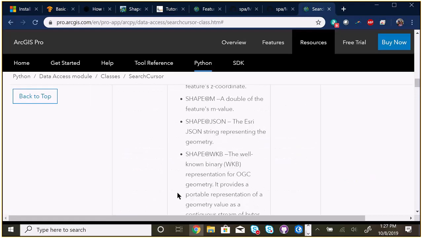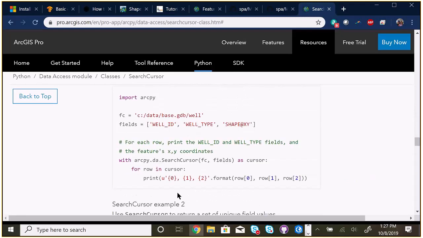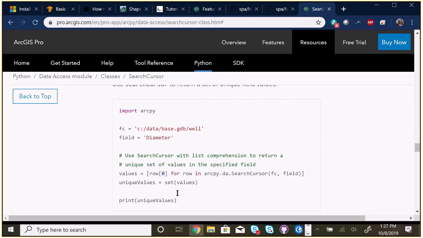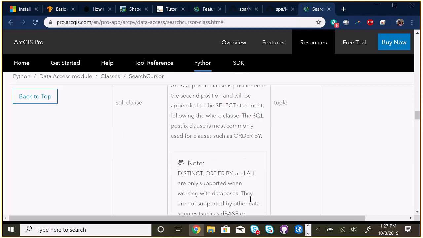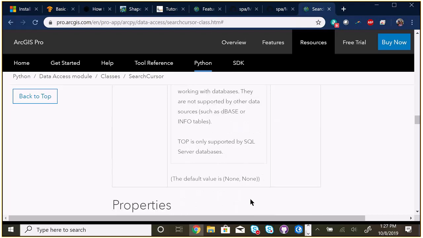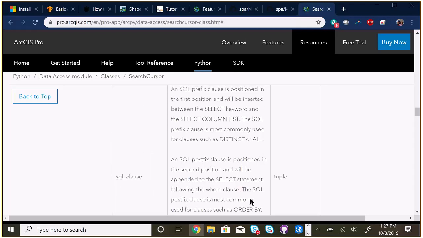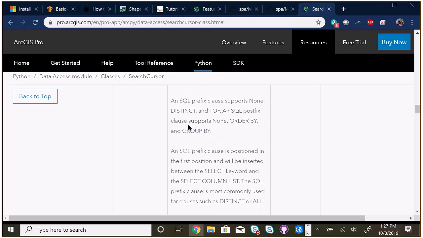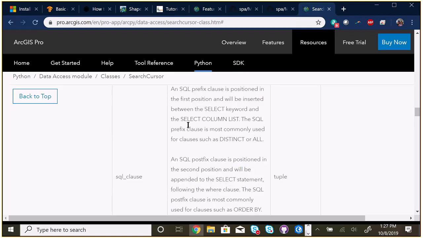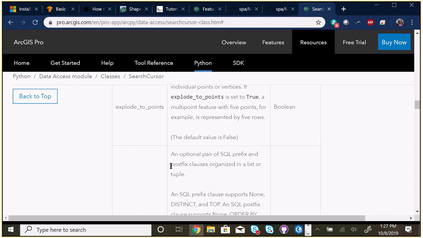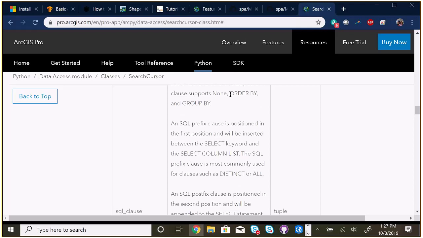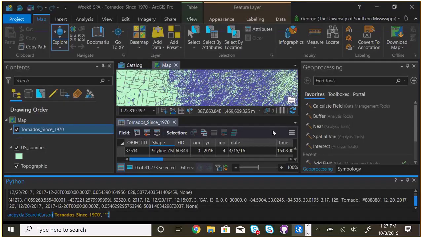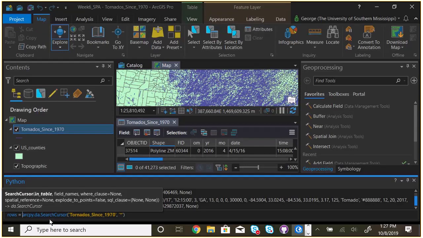Search cursor. SQL clause. A postfix clause. Yeah, so you can do an order by. An optional pair of SQL prefix and postfix clauses in a list or tuple. So if you really wanted to, I'm going to change mine so it says rows equals, and then